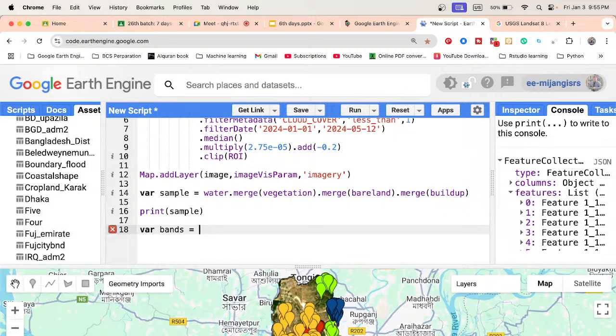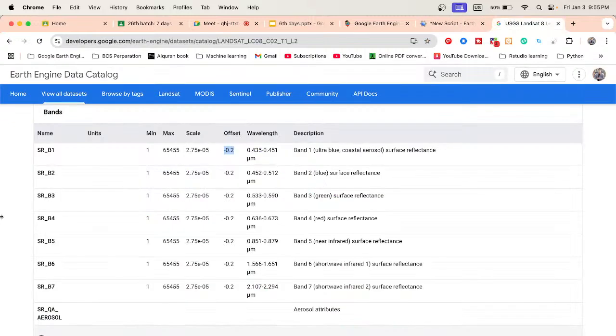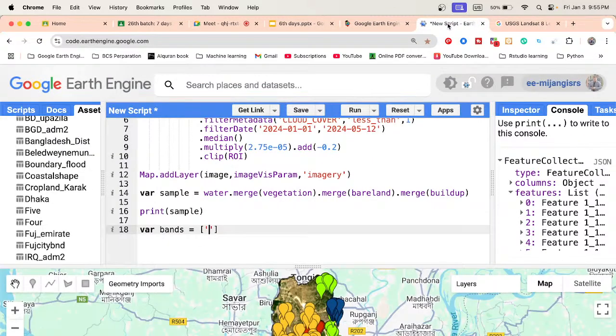So for that, just make a list, and in this list I want to add all of the bands. Suppose SRB1 to 7, all of the bands I want to include, and I want to extract the band pixel value for all of the points, all of the bands, SRB1 to SRB7. So for that, just write here